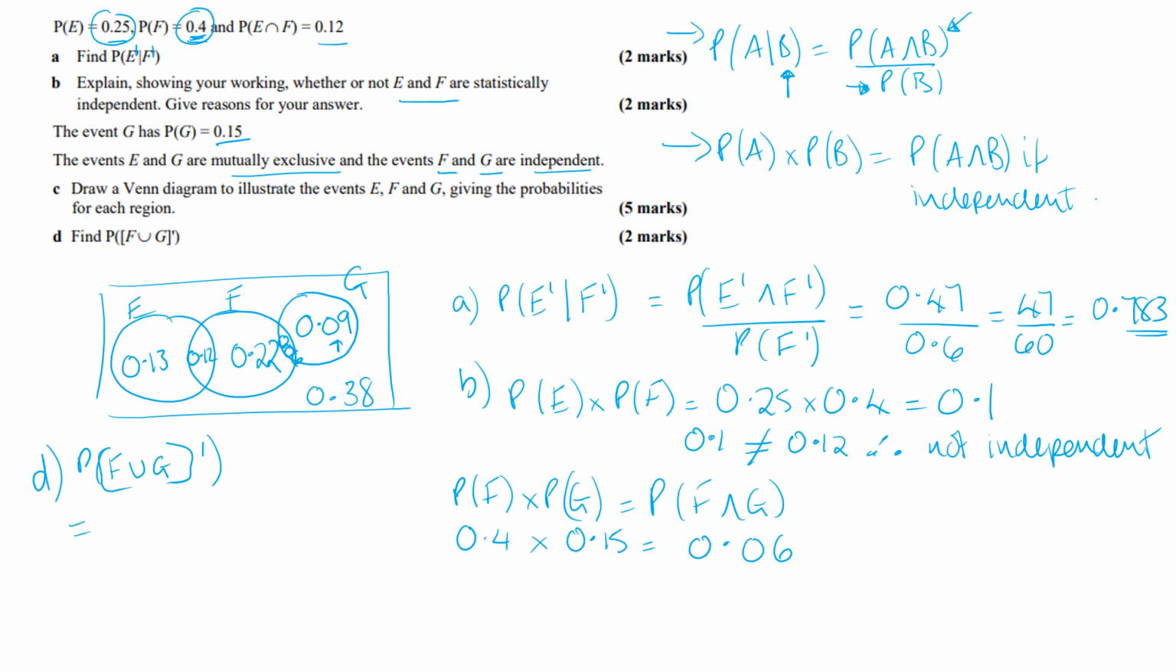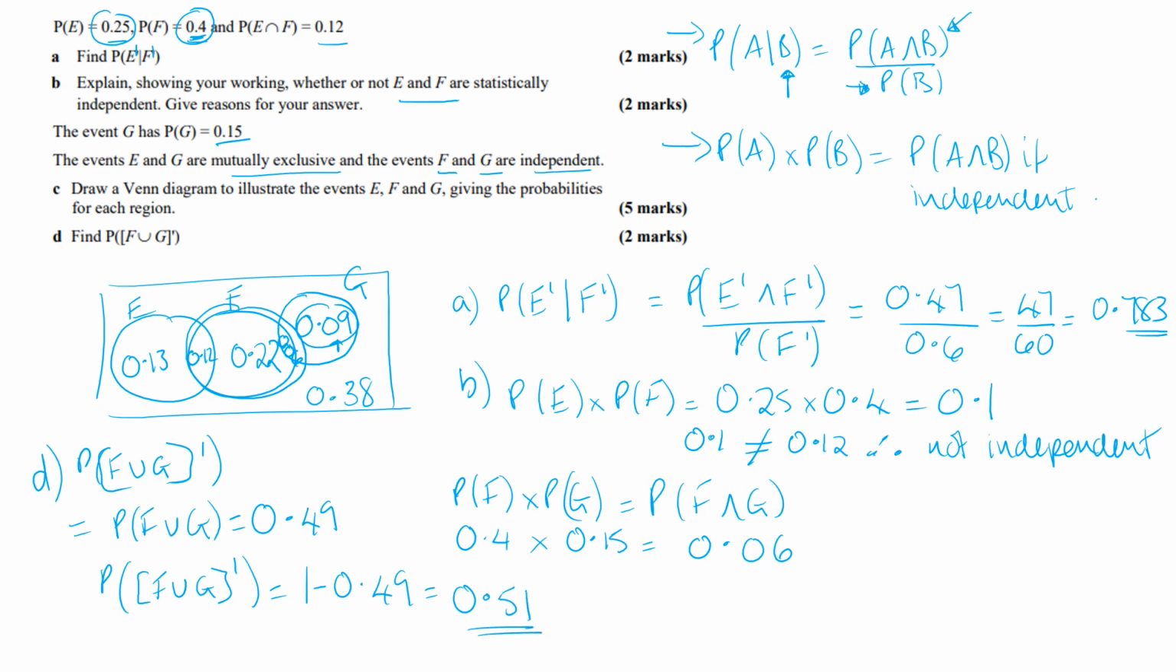So this is going to be the probability of F union G, if we find that first and then do 1 minus it. So F union G is going to be all of F, the 0.4, plus the G bit on its own, 0.09. So that's going to come to 0.49. So the probability of F union G and then dash is going to be 1 minus 0.49, which is